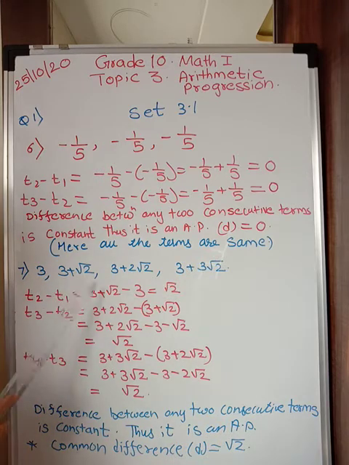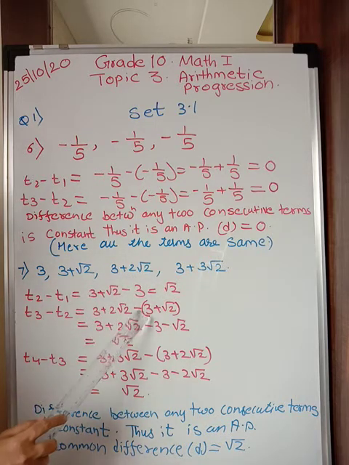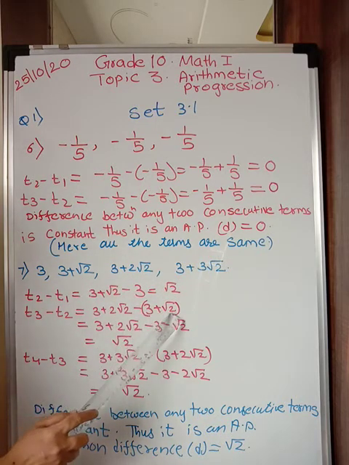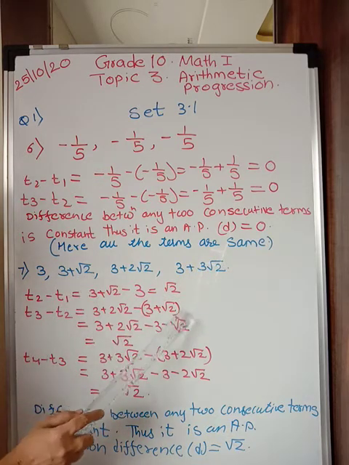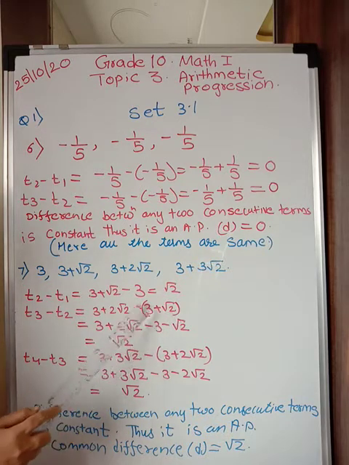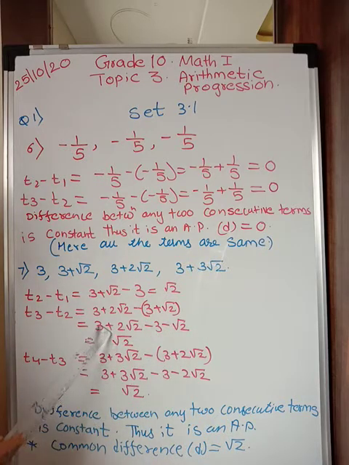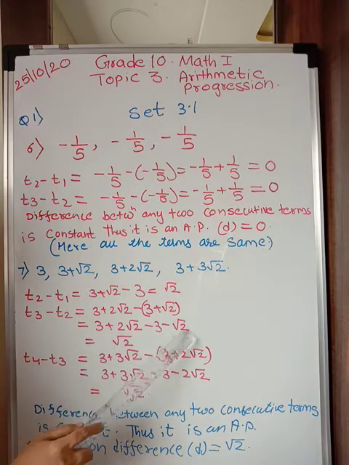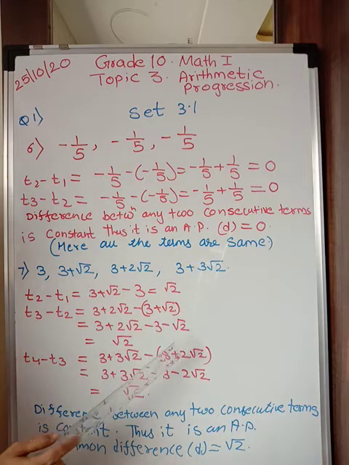Now look at this: 3 plus root 2. If you subtract, 3 plus root 2 minus 3, the 3 gets cancelled, you get only root 2. Now 3 plus 2 root 2 minus 3 plus root 2. In this, there are two terms in T2, so please put a bracket because this minus sign applies to 3 and also to root 2. So plus into minus, here it will be minus 3 minus root 2. So 3 and 3 will get cancelled, 3 minus 3 is 0. 2 root 2 minus 1 root 2 is nothing but only root 2.